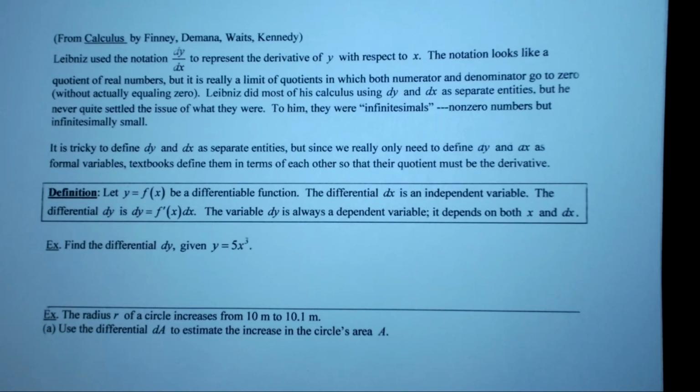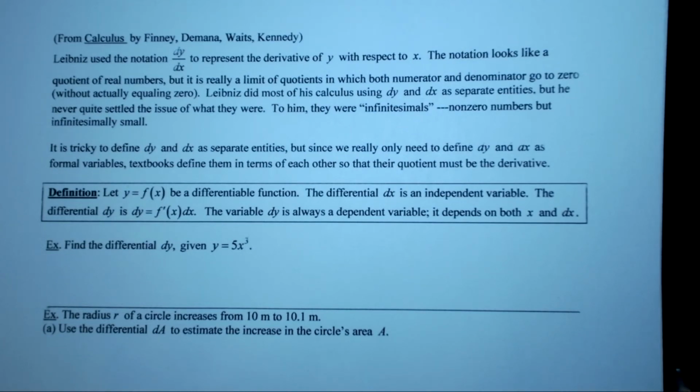And that makes sense if you really stop to think about it, because if y is a dependent variable in something like y equals mx plus b, so in other words, y is dependent on x, it would make sense that the derivative, or the change in y, is dependent on both x and the derivative of x, or x and the change in x. Okay, so